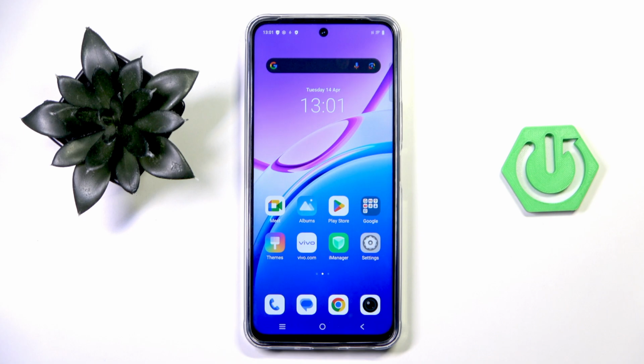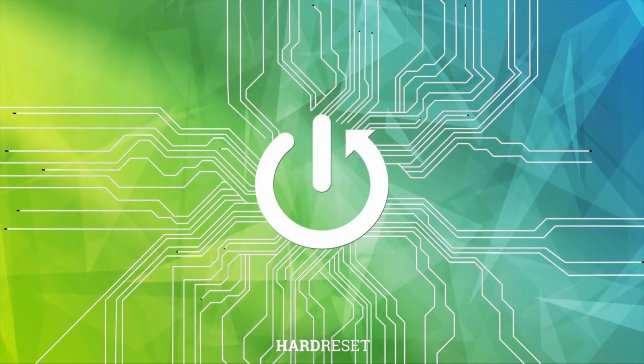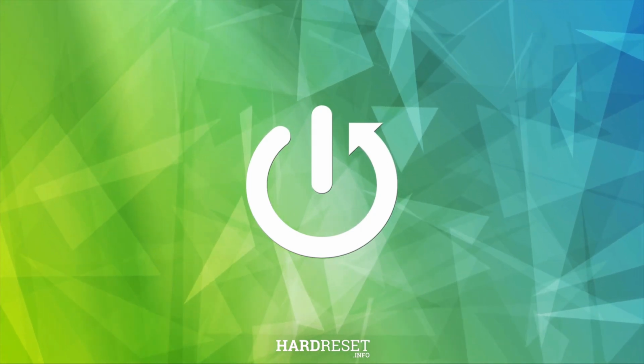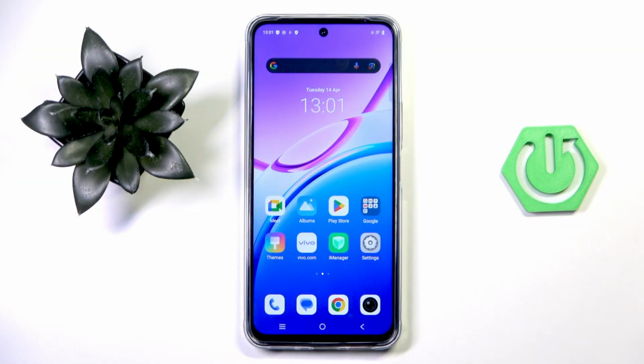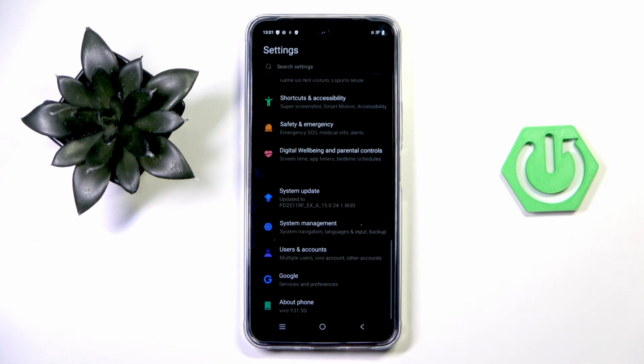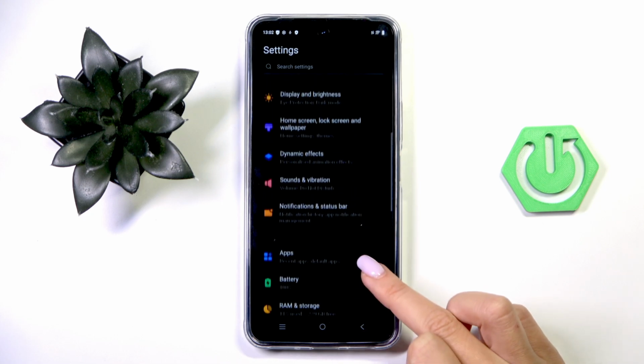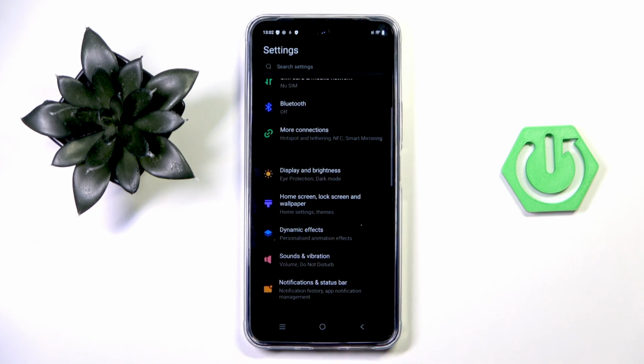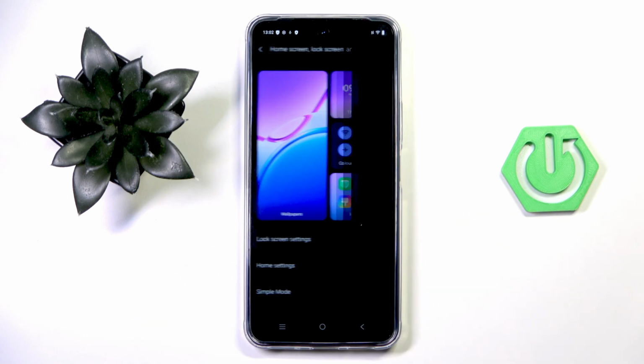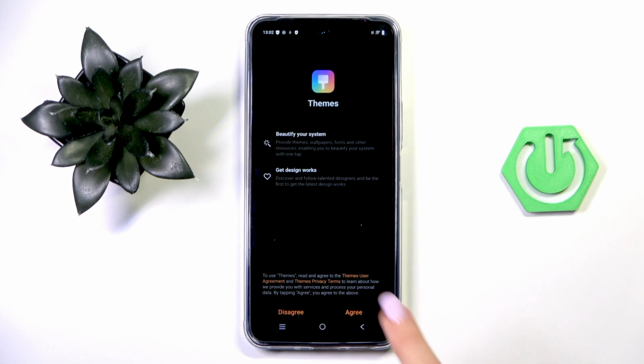Hello everyone, in front of me is VIVO Y31 and let me show you how to change wallpaper on this device. So first of all, let's open the settings, then find and select wallpaper, home screen, lock screen and wallpaper, and now mark wallpapers. Here just agree with all necessary settings,